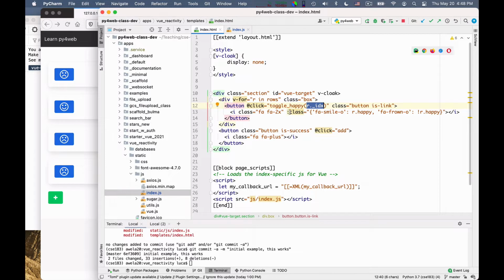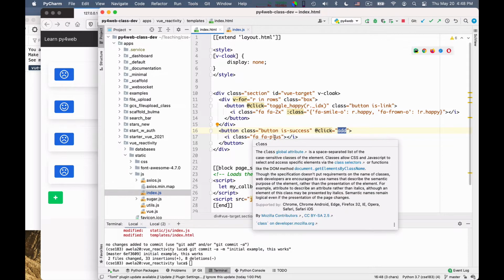This colon class, as usual, means that this class attribute is being driven by the JavaScript value of r.happy via Vue. And at the bottom there is this plus button that is a very simple button with a click listener called add, and is of class fa+.